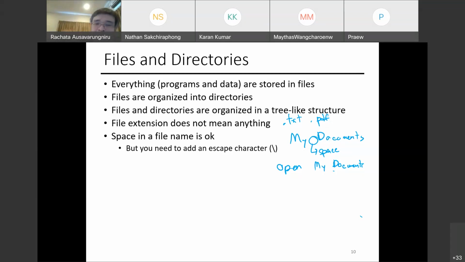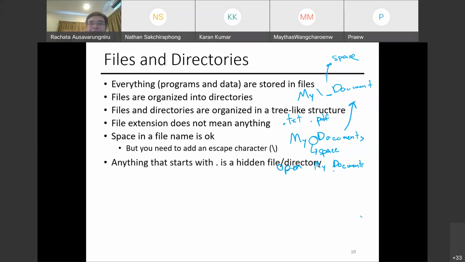So my document in reality is my, then the escape character followed by a space, and then document. When you open this, it now becomes one file called my document. This is how you can link special symbols. Basically, the escape character is used for special symbols in your letter-based text.